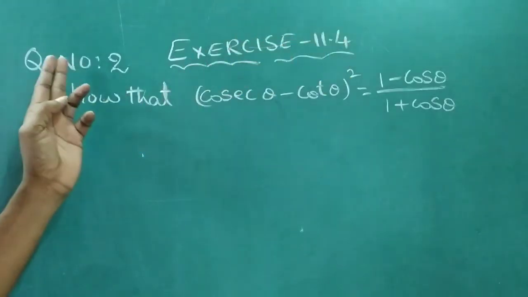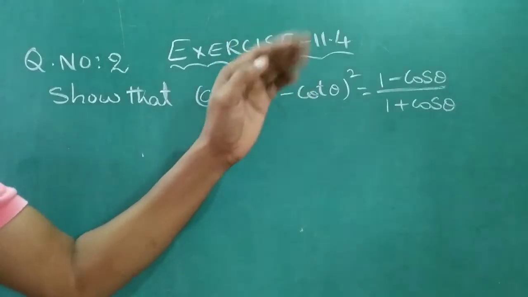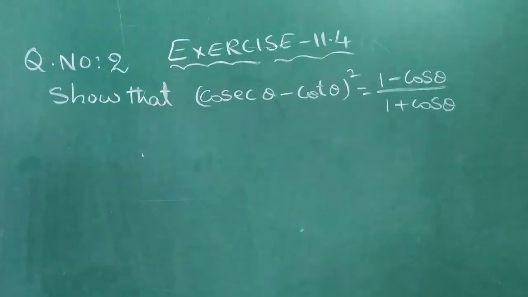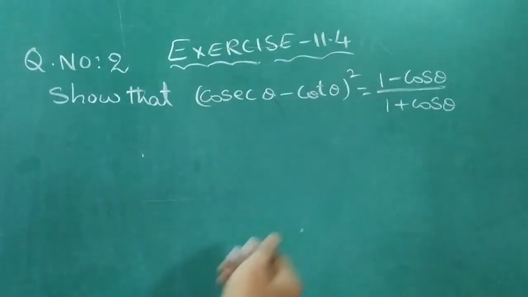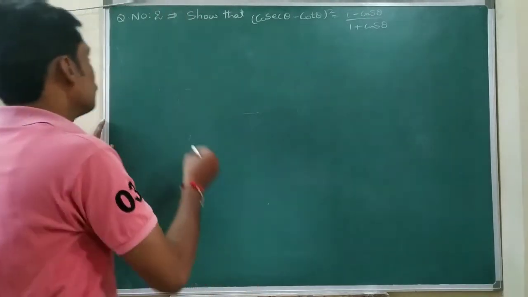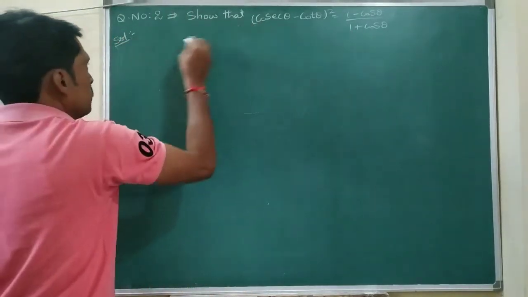Exercise 11.4, question number 2. Show that (cosec theta minus cot theta) whole square equals (1 minus cos theta) by (1 plus cos theta). Here we are taking LHS and we are proving RHS. Let us see the solution. Here, given, LHS I am taking. LHS is